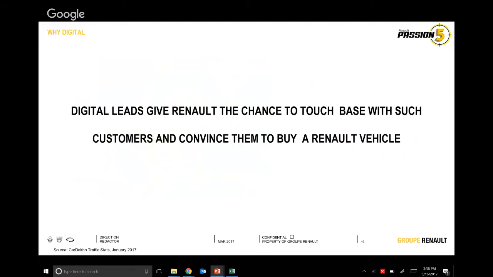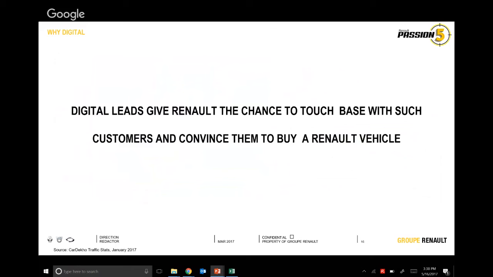So the whole idea of this part was to tell you how digital is such an important platform for Renault and how we can utilize it, the scope and vastness it has, and the way we can reach out to the customers and the market that we see. So it is very important for us right now to touch base with these customers as soon as we can, and